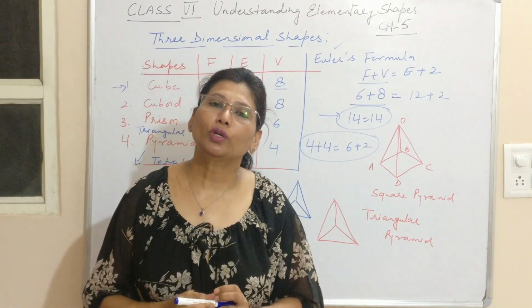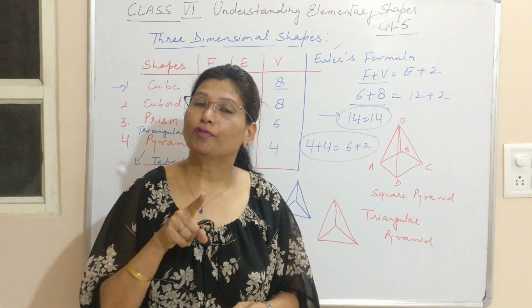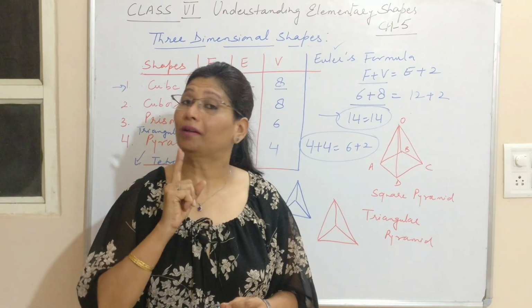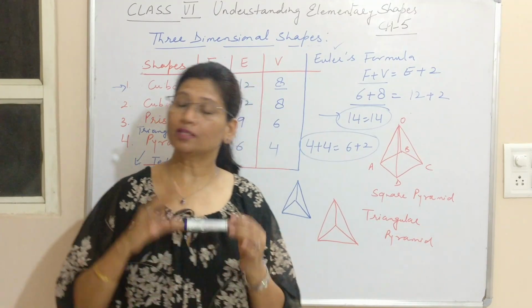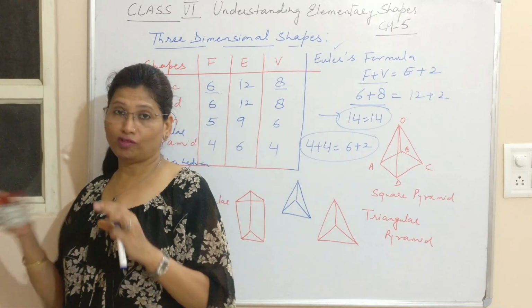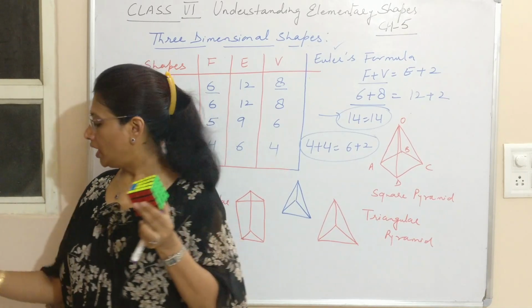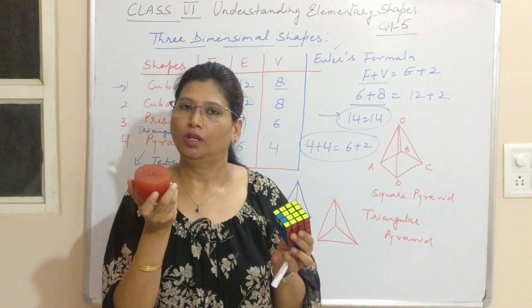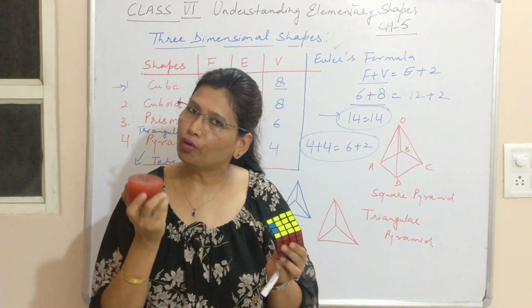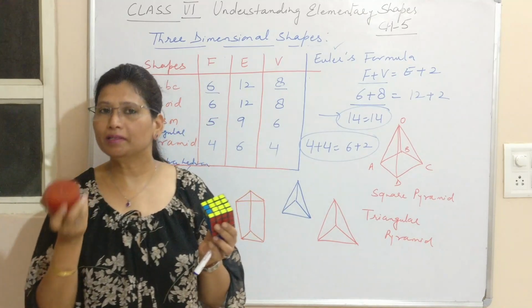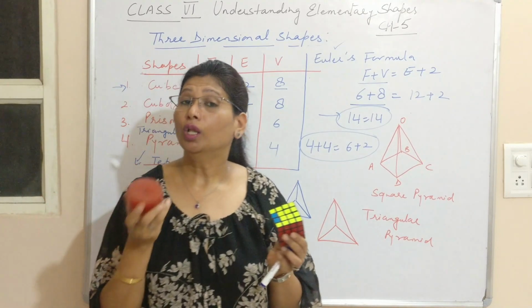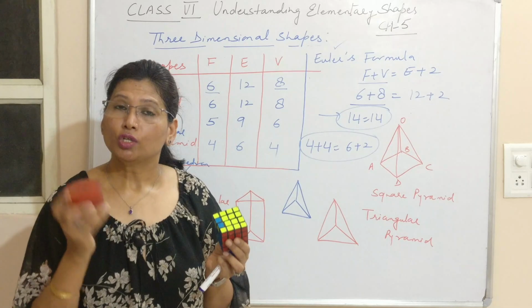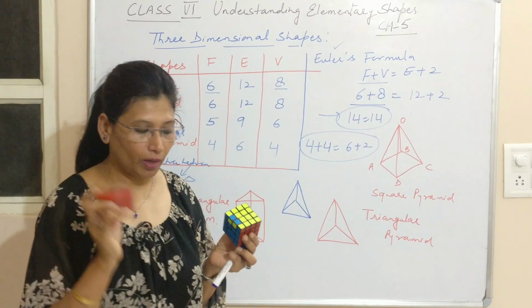But one thing you need to keep in mind is that Euler's formula is applicable in the case of rectilinear figures. Rectilinear figure means a diagram where you have only edges. It is not possible for a curved figure. It is not applicable in the case of a cone. It is not applicable for a cylinder. It is not applicable for the sphere, though they are 3-dimensional shapes. So this needs to be kept in mind.